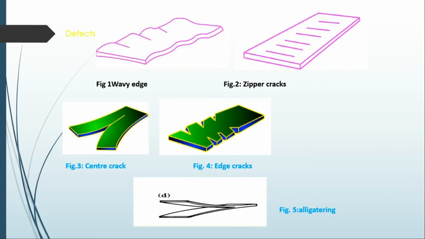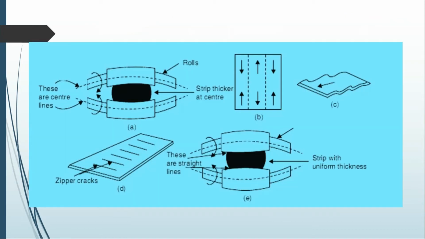Yes, there are a lot. Alligatoring is nothing but like an alligator's mouth. If you see an alligator opening its mouth, it looks like this, so we call this alligatoring. It is a separation. In metal forming processes, if you do not select proper parameters, you will get this. And there is some more effect I want to show, how it looks like.